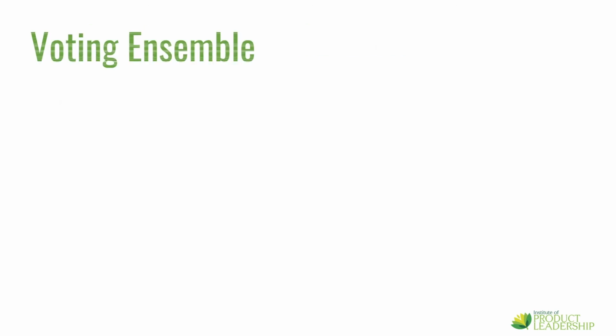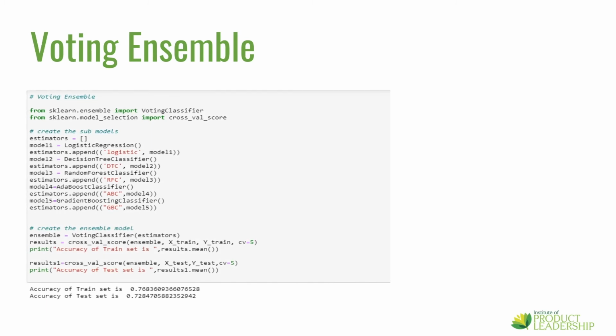Voting ensemble is the simplest way of combining the predictions from multiple machine learning algorithms. A voting ensemble can be used to wrap two or more of your models, and then the average of the predictions of the submodels can be looked into. As you can see, this technique combines the predictive power of more than one algorithm.